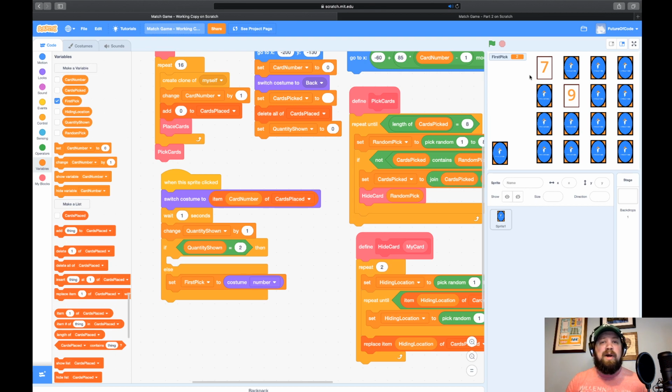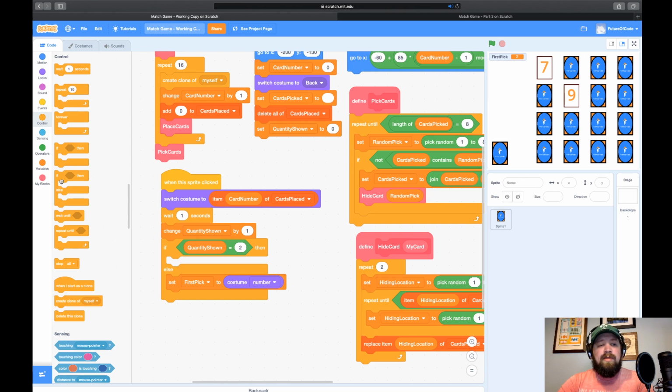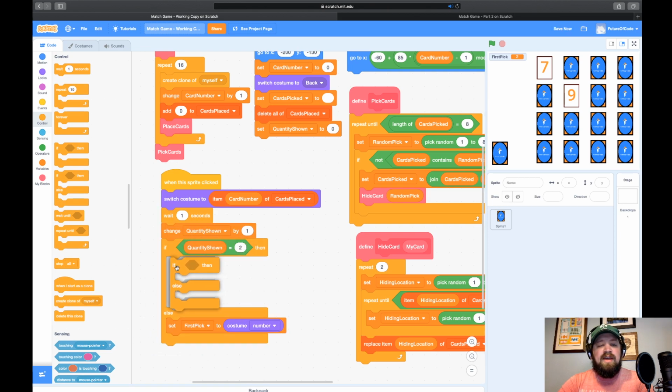Now, once again, I created a binary, right? I created a situation where I have 2 options. So in our if statement here, we can actually put another if then else inside of that, because we created another binary. We have one situation that is true or false that leads to certain results, and one of those results also leads to a true or false. So let's go to control and grab an if then else and drop it inside the if section of our first if then else. So these are nested conditionals.